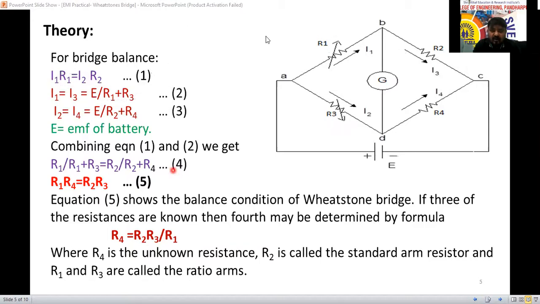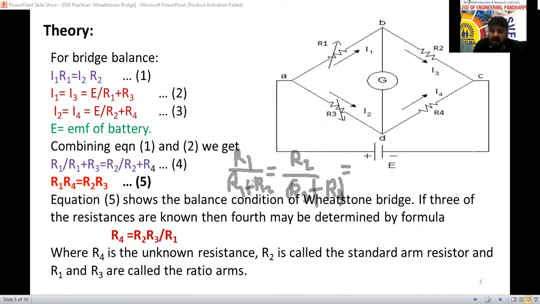I don't know how many of you are understanding or are getting confused. I can write this equation like this: R1 divided by R1 plus R3 equals R2 divided by R2 plus R4. We can write this equation like this: R2 plus R4 you send to the LHS side, it will multiply